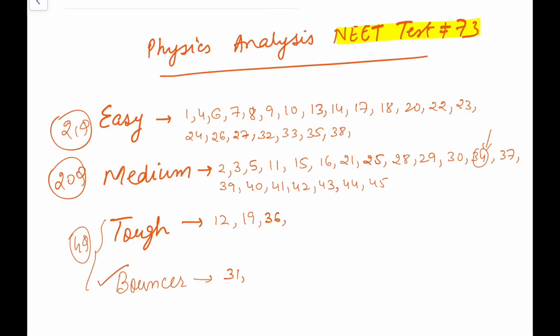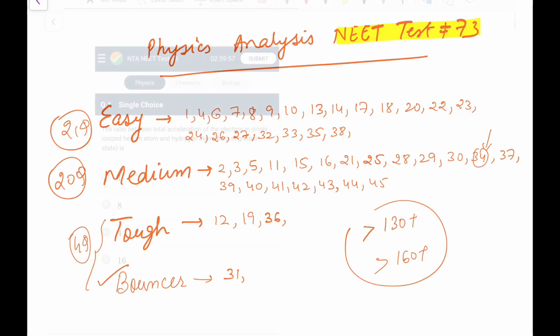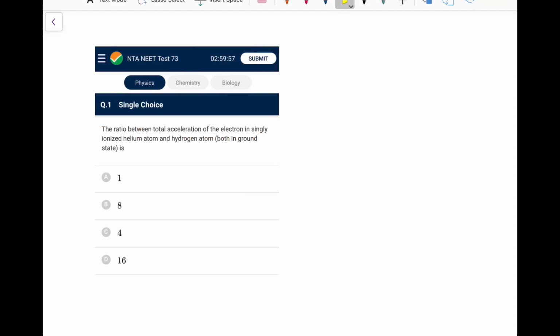So in this paper, for a student who is comfortable in physics, not very good, but good enough, I think a 130 plus score is decent enough, and for very good students 160 plus would be the score, slightly 5-10 marks lesser than what I told for the previous test. So it is not going to be that easy, I suppose. It might happen that you do not get the scores I am suggesting, but don't worry, this paper is slightly difficult, you can assume. So let's start the paper.